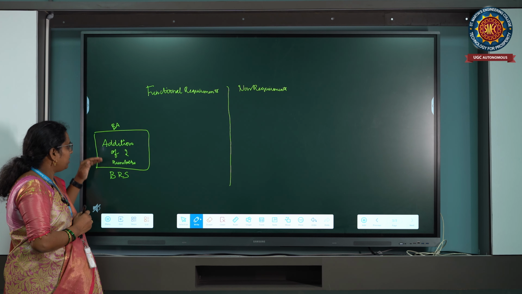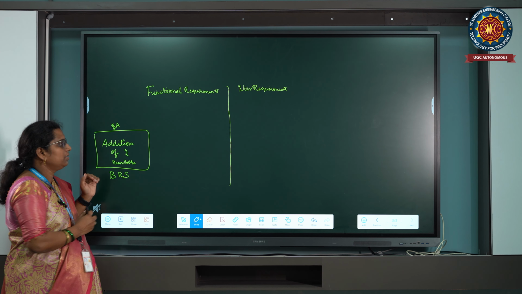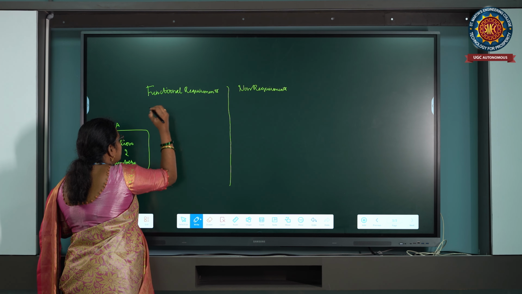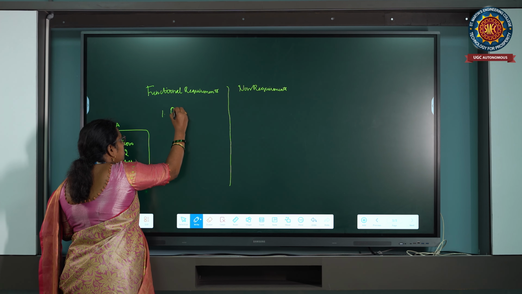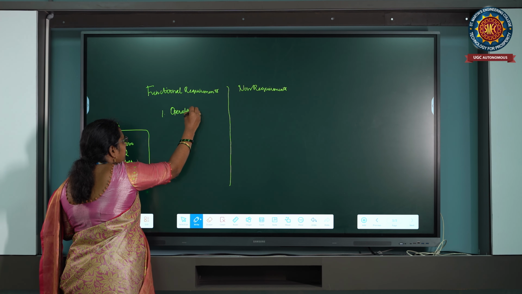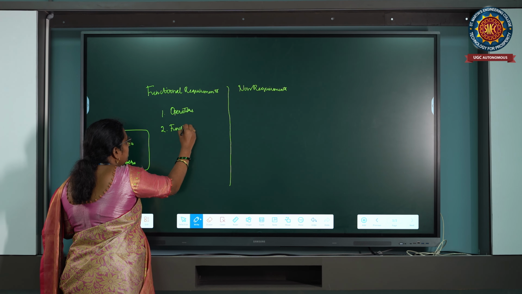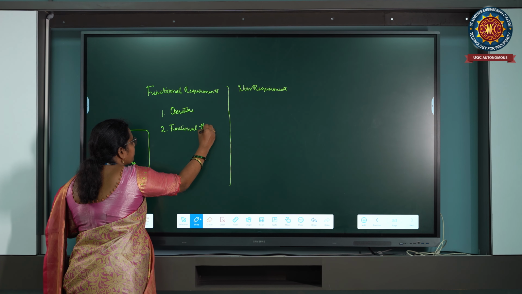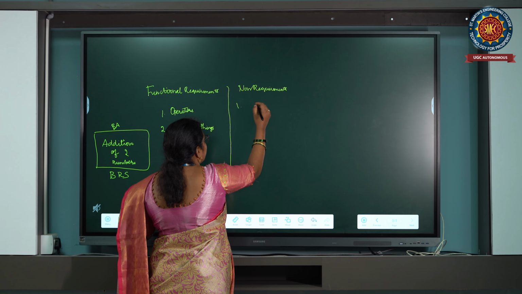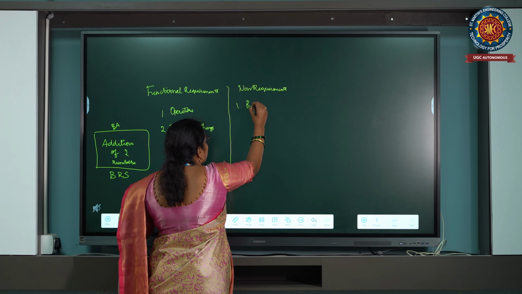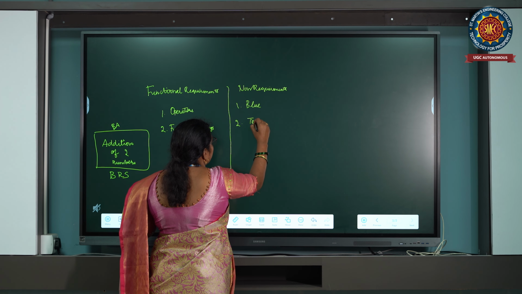Now he is going to decide that this is the thing you have to do, that is addition of two numbers, right? In the functional requirements, what are the operators you have to use, and what are the functional things. In non-functional requirements, it is the color of the page and what testing you have to use.